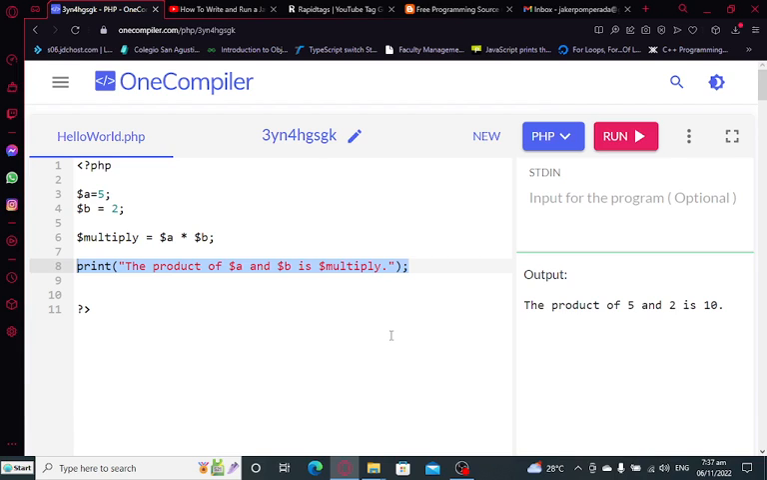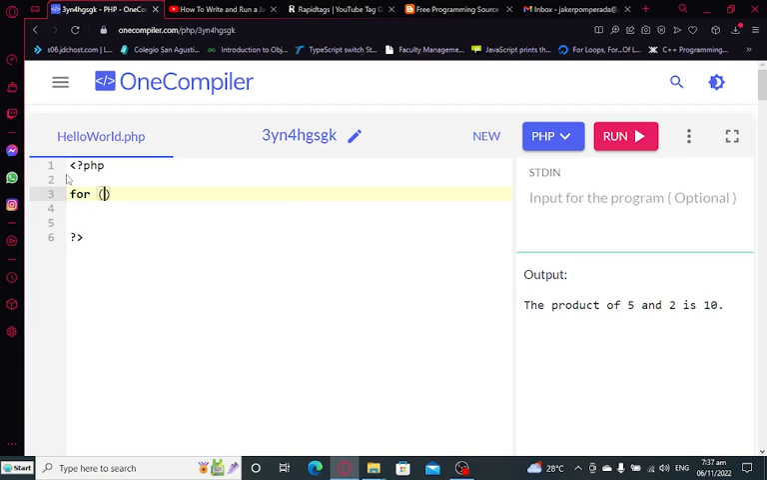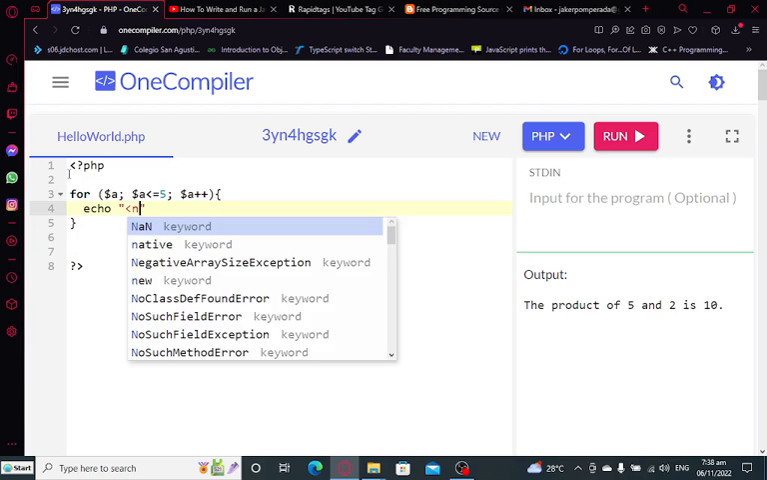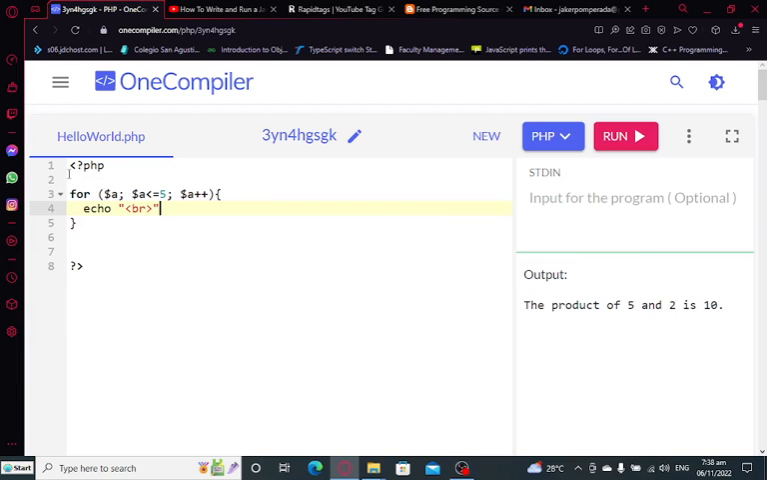Okay, so we can also create a looping statement here. Let's say for example, for $A, comma, $A less than or equal to 10, for example, we increment, $A plus plus. We have here begin. Let's say echo, BR, new line here, and then we have here $A, semicolon. So when we run